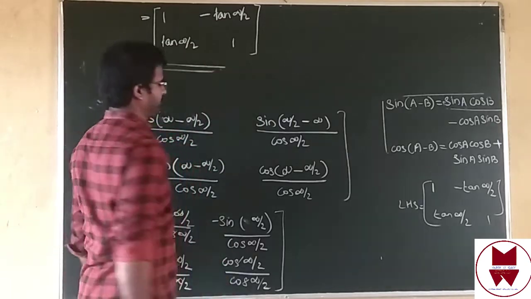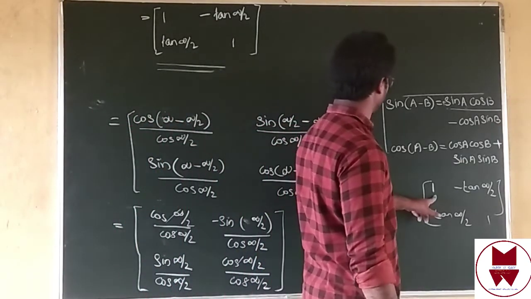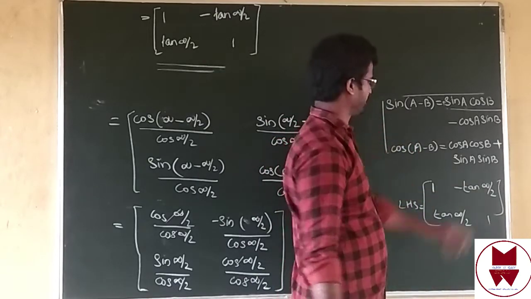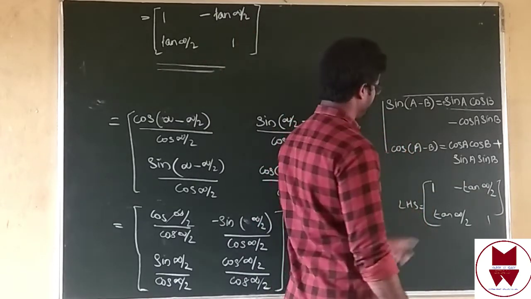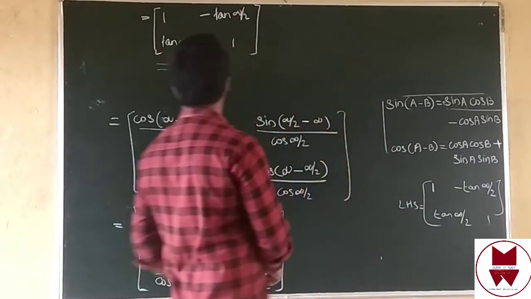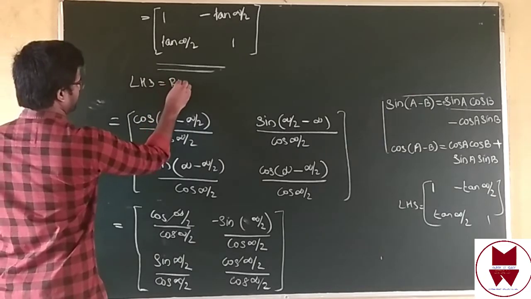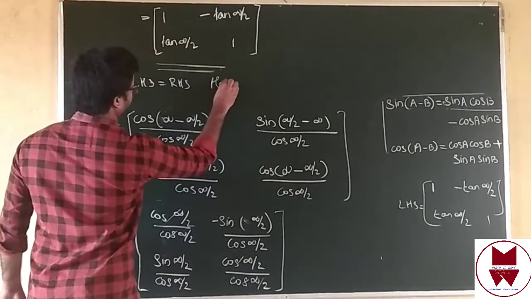This is our RHS answer. Check it, LHS and RHS equal. LHS answer we got 1, 1. Minus tan alpha by 2, minus tan alpha by 2, tan alpha by 2, tan alpha by 2, 1, 1. Then LHS equal to RHS. Hence,